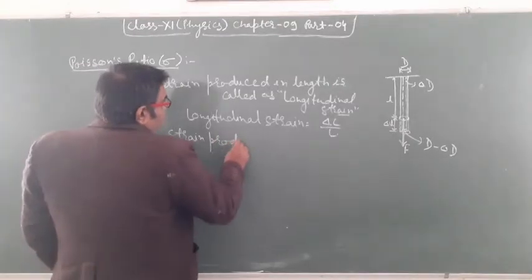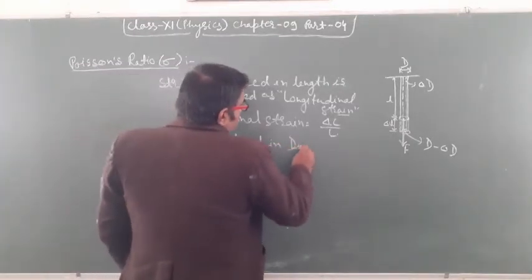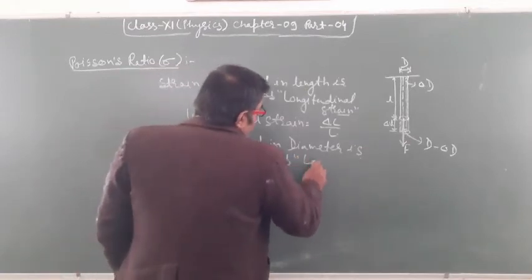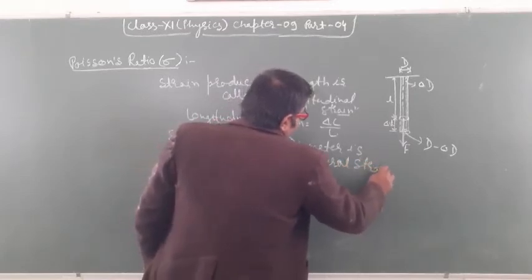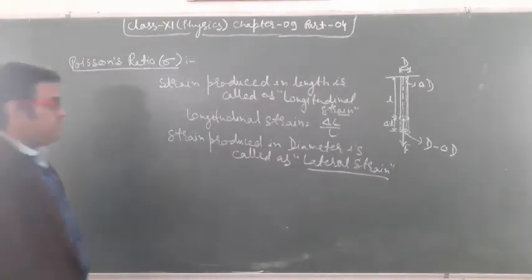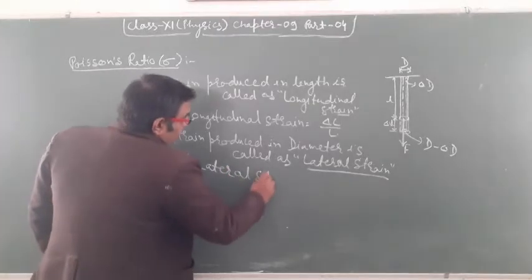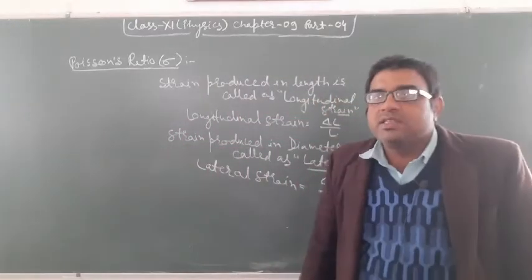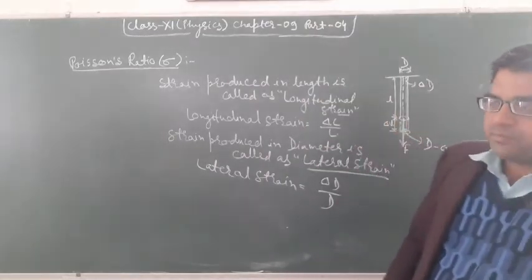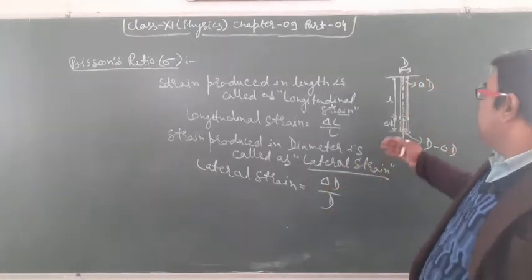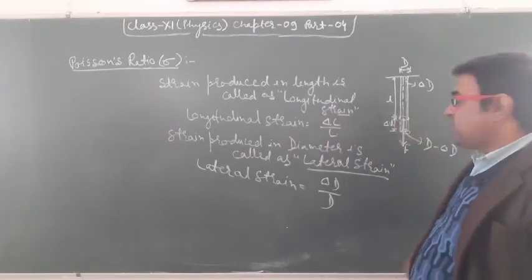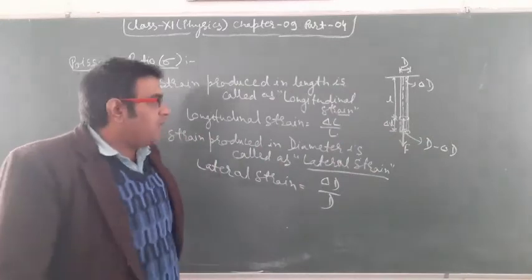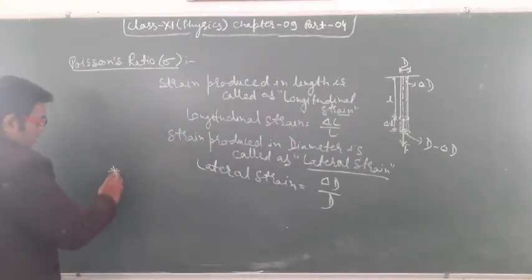And the strain produced in diameter is called lateral strain, and lateral strain is given as delta D upon D. So these are the two strains observed when a force is applied, either tensile or compressive. In compressive, the diameter will increase. So I am here taking the case only for the tensile stress, when an extension force is applied on the rigid body, then the ratio of lateral strain to longitudinal strain